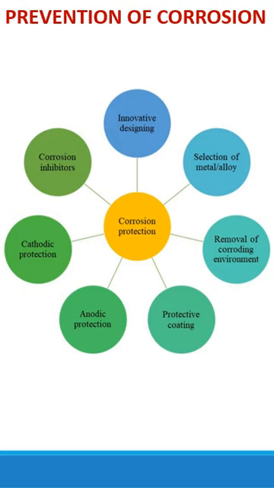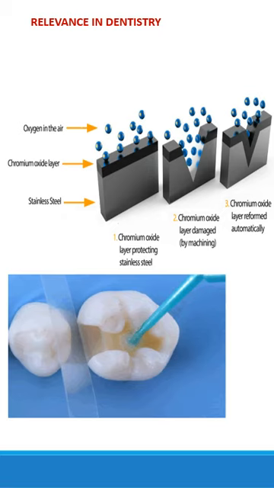So there are n number of ways to prevent corrosion, which means that whatever factor is causing it, you have to prevent it starting from the selection of the material till the final delivery or finishing of the material. With relevance to dentistry, whatever metal we are using, we can passivate the metal by preventing its reaction to the external environment, like by addition of chromium, titanium, so that your metal will be passive. And also in cases like galvanic corrosion, you can prevent the galvanic shock by application of cavity varnish or insulators,